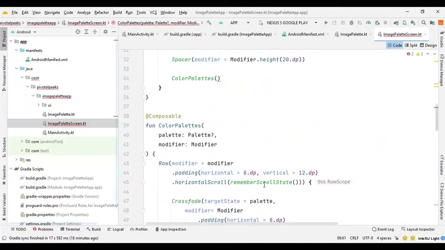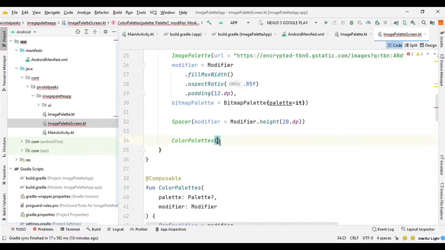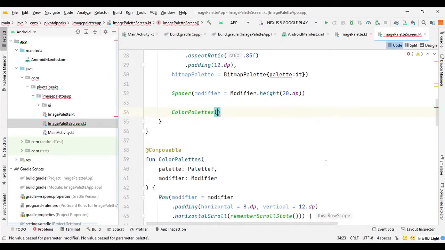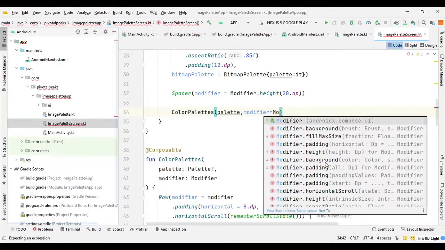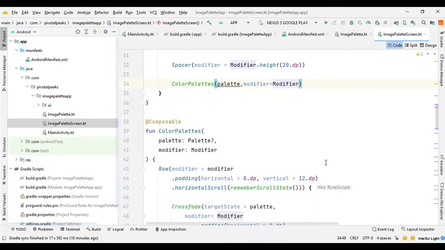Now we need to provide the parameters for the palette. So here we can say palettes and modifier equal modifier, and now we can run the app. So let me start my emulator, and then we will run the app.